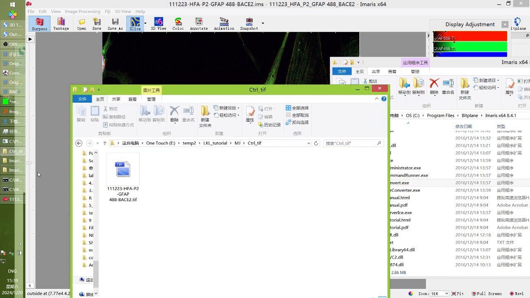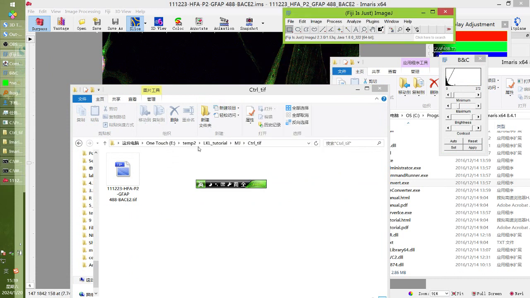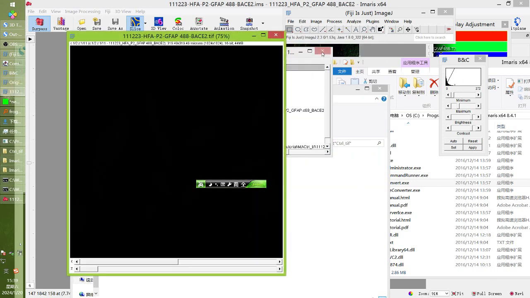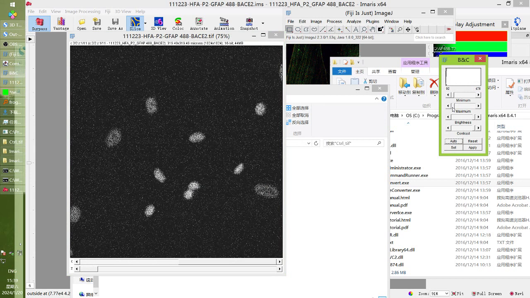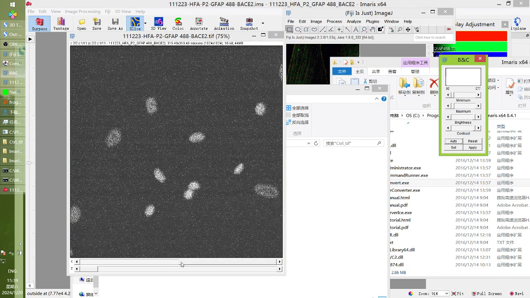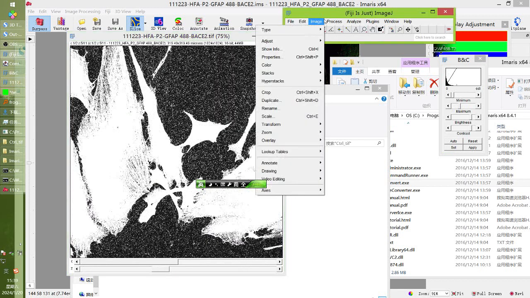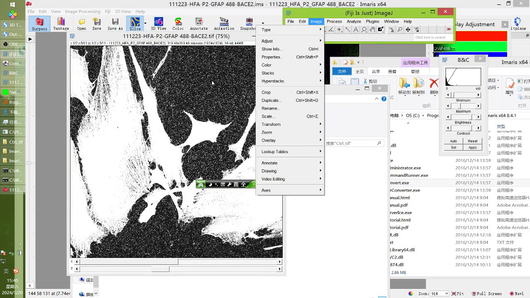We open the TIFF in ImageJ. Okay, this is the 2 channels, and with a Z. If you want to make it a color, you can use Image, Lookup Tables, make it red.